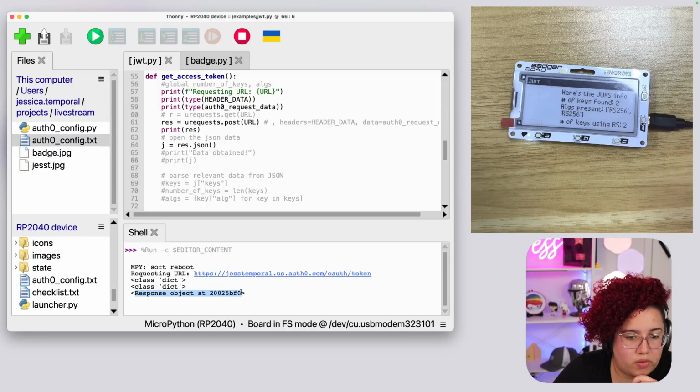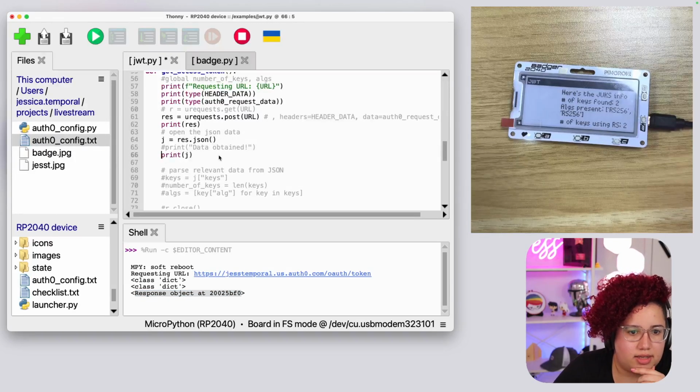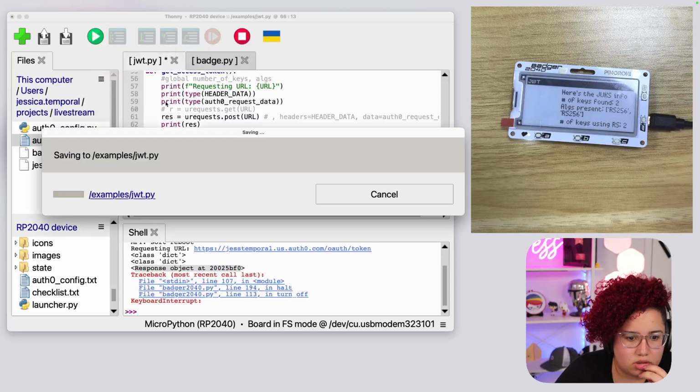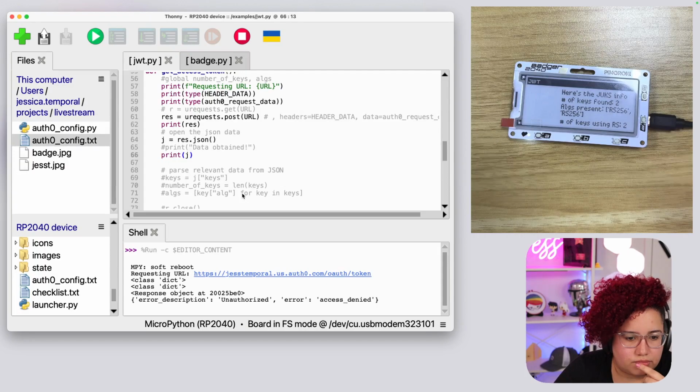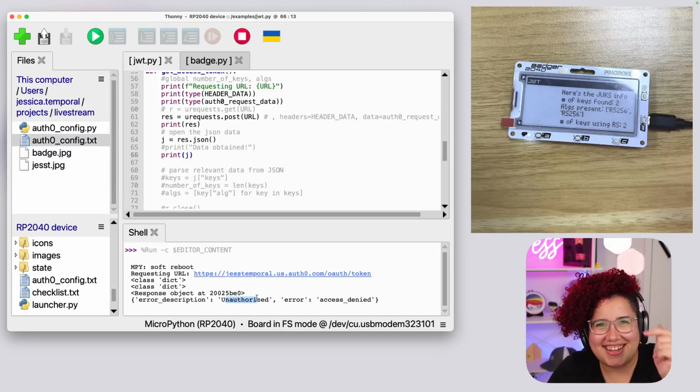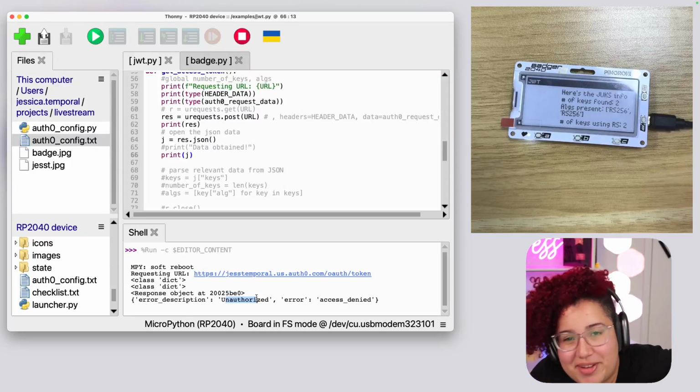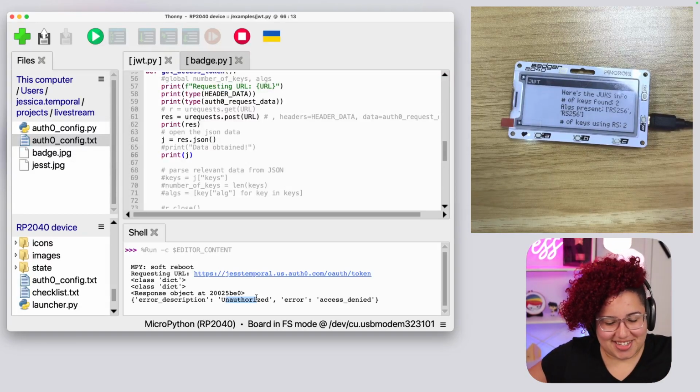So this is what we get when we reference an object and print the thing without doing anything with it. So let's try printing the JSON object of this. We should get an answer back saying, oh, you did something wrong. That's at least what I expected. Look, see, you did something wrong. Error description, unauthorized. Oh, look, I still got it, because it has been a while since I did this request. So this is good.